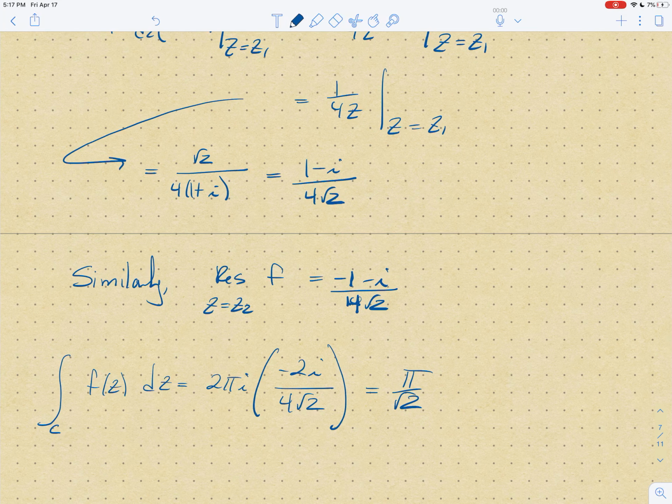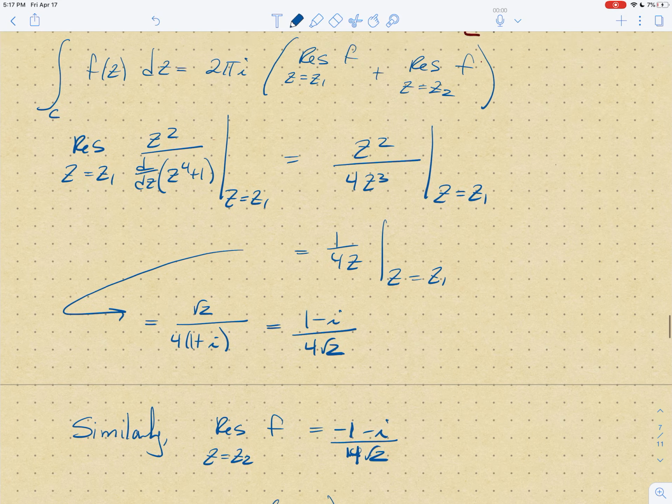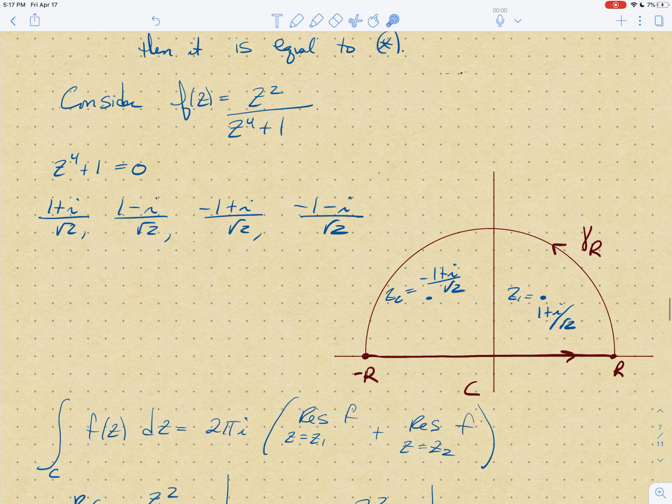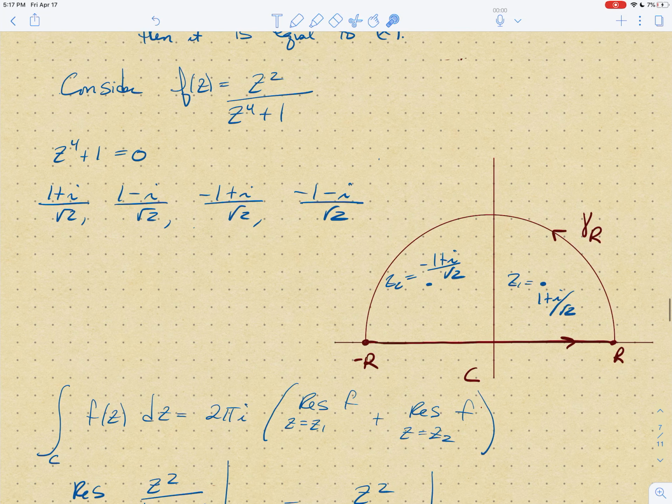So let's stop this video here. This is the first part of the problem. The first part of the problem is you compute the value of the integral of your complex function all the way around the closed contour. Then in the second part of the problem, you study the different pieces. And we're going to know that this piece is going to go to the improper integral of a real function that we want. And then this piece we're going to try to show goes to 0, giving us the answer that we want. So next video we'll look